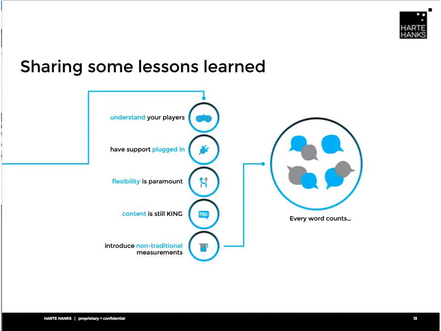Content is still king. You still have to invest in major content creation and probably different media to make this happen. And last but not least, you're going to have to introduce non-traditional measures. Where people want to talk in terms of ROI, a lot of times what you have to do is talk about the early detection of issues through social that helped you deflect calls in other spaces, versus saying, I helped 10,000 people this month on social. That doesn't mean I deflected 10,000 phone calls this month. Sorry, I probably could go on for an hour about just the measurement piece,